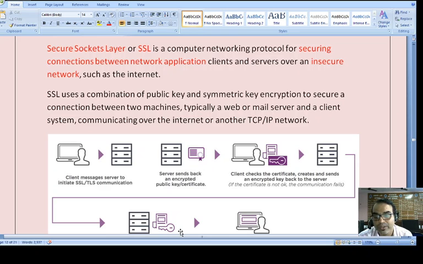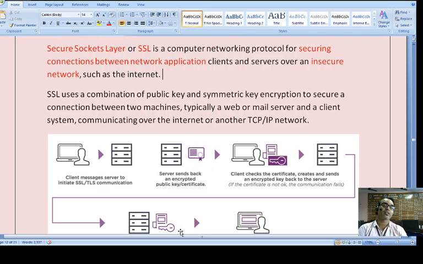Due to this record only, we are able to understand that the server has been accessed by some unauthorized person. So this is where SSL is very important. SSL is a combination of public key and symmetric key encryption to secure a connection between two machines.